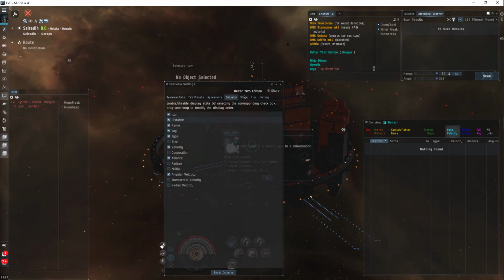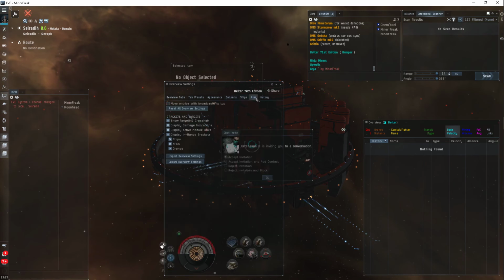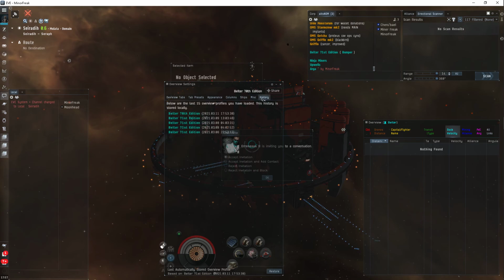Columns are the same. Ships are the same. Yeah, sometimes I'll turn this off. I hover back and forth. It never seems to really affect me a lot. So yeah,